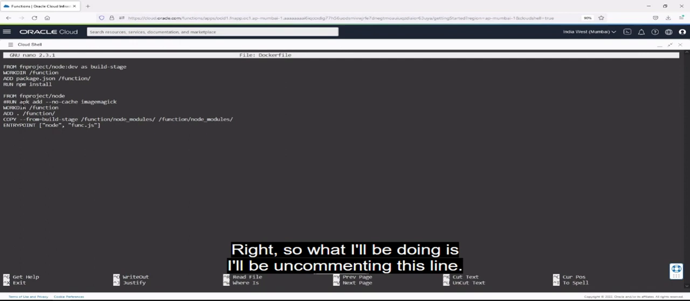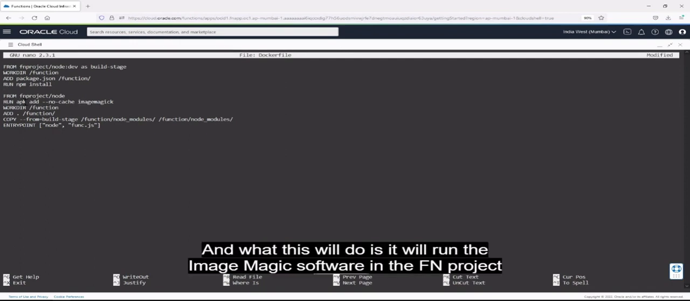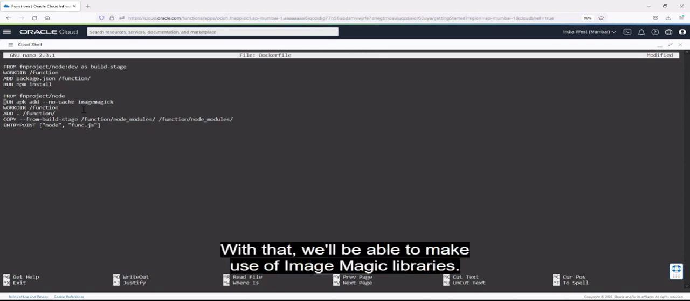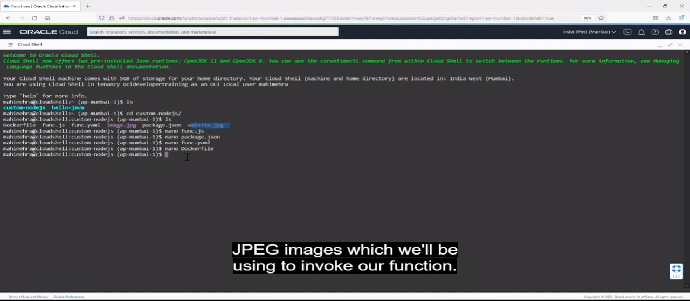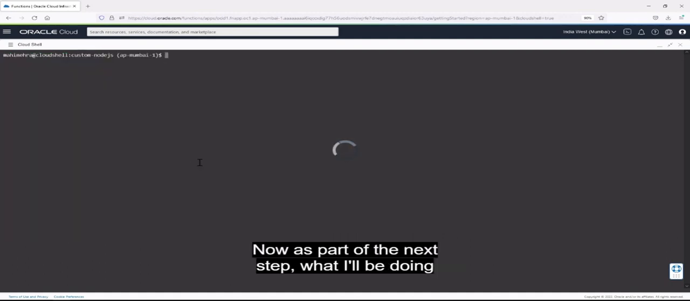Right. So what I'll be doing is uncommenting this line. And what this will do is run the ImageMagick software in the fn project node runtime image. With that, we'll be able to make use of ImageMagick libraries. All right, so let me close this file. And as you can see, we also have a few sample JPEG images which we'll be using to invoke our function. Now, as part of the next step, what I'll be